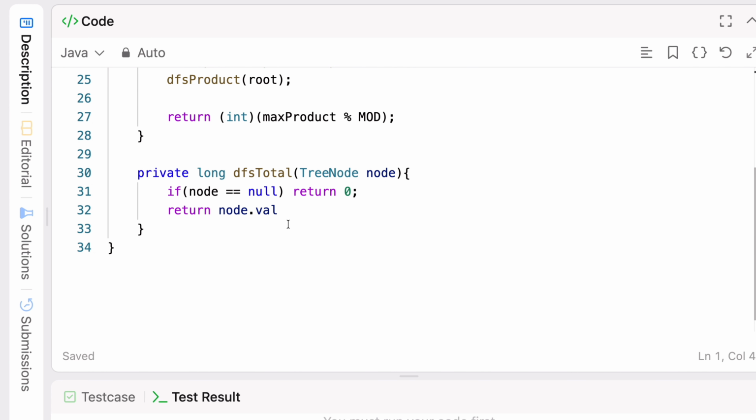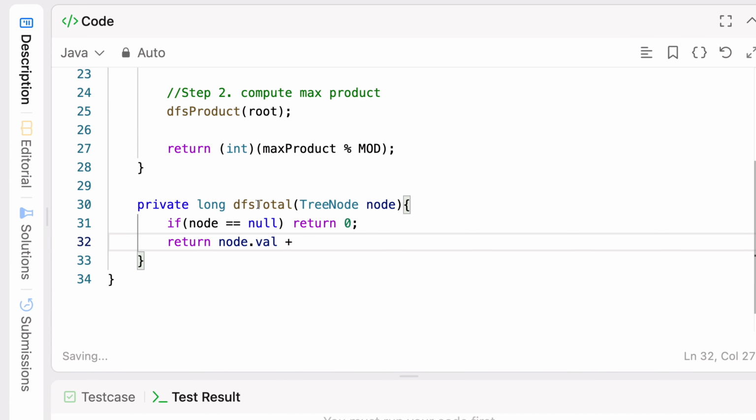What we need to do, we'll say val plus the method is dfs total. So itself we need to pass, and we know that we need to pass the left and right, right? So node dot left, and similarly we'll say plus right here. Okay, both child, left, right, and node. So this is node, its left child and right child, means left subtree, right subtree, sum of total value, and